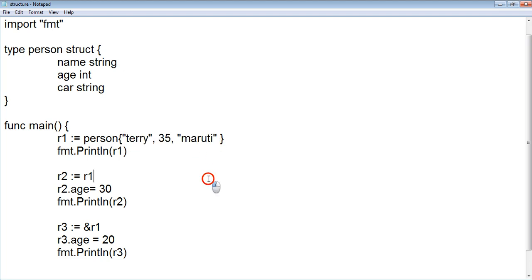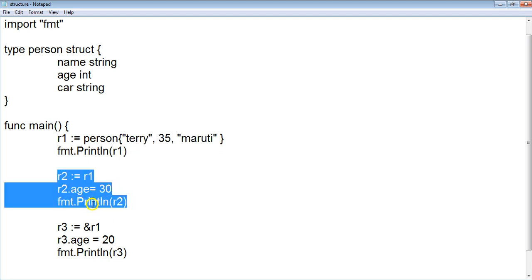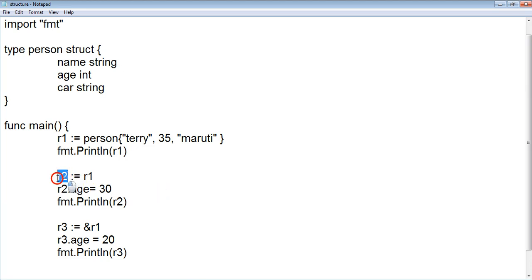Consider the second block. You're going to have one more variable r2, a normal variable, which is assigned r1, which is a structure variable. r1 is assigned to r2 here. This is the statement through which you can copy a structure by value. The value of the r1 structure is copied as a structure value to r2.